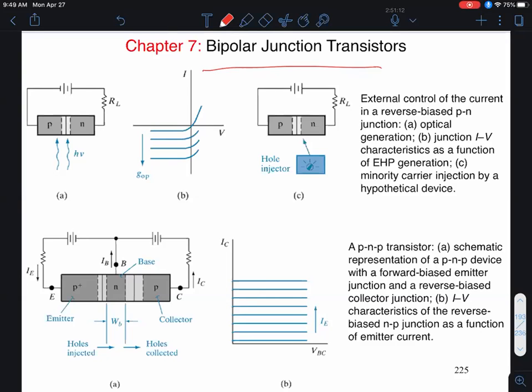Now, BJTs have some advantages, but a lot of disadvantages. The advantage is they tend to be able to conduct a lot more current per unit area, and therefore they're faster than MOSFETs. But because of that, they also consume more power. Okay, and as a result of that, BJTs have been supplanted by CMOS, because as you saw in the CMOS